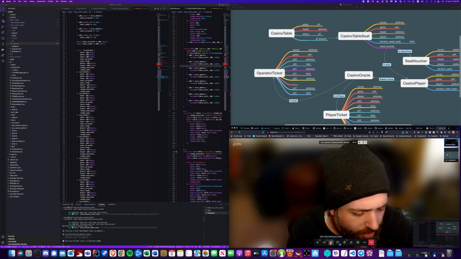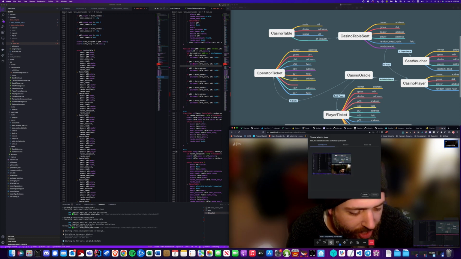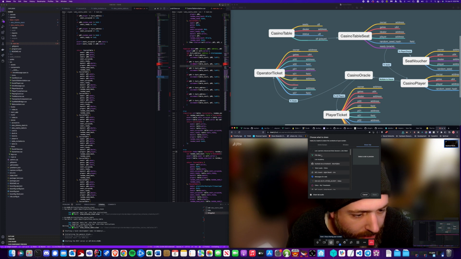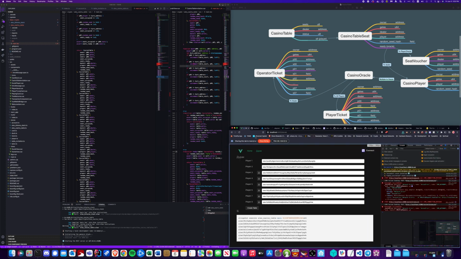So let me stop sharing my screen. Let me share a tab of the app, and you can see essentially what I'm working with right now with the front end. You don't have to know all of the underpinnings of it, but I wanted to collect accounts that I made with LeoJS, which is an entropy library. And so I've managed to generate 8 accounts. The first one is going to be the main account that sends the transaction. The second one could be